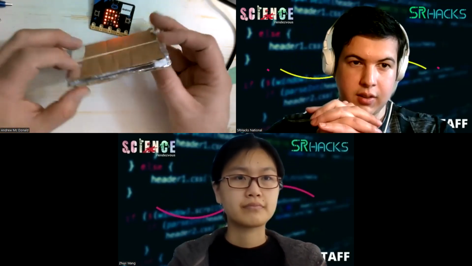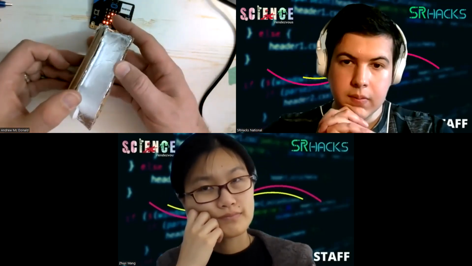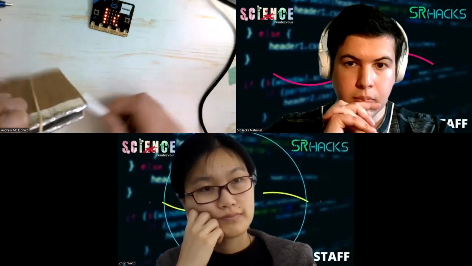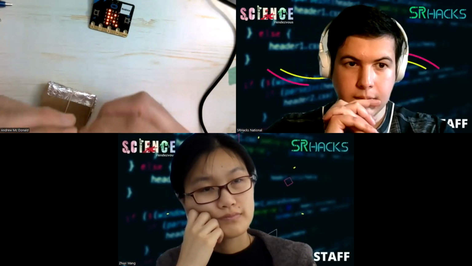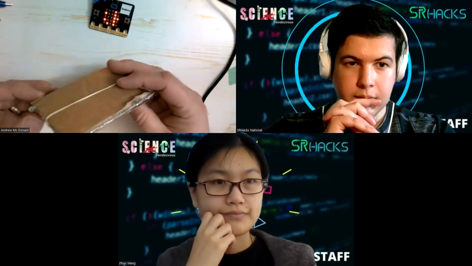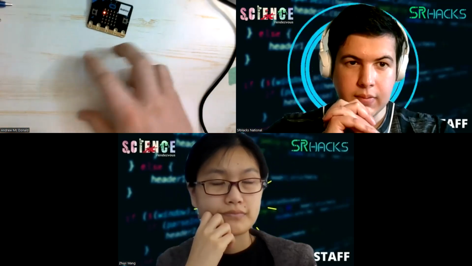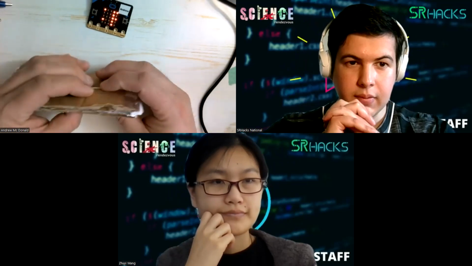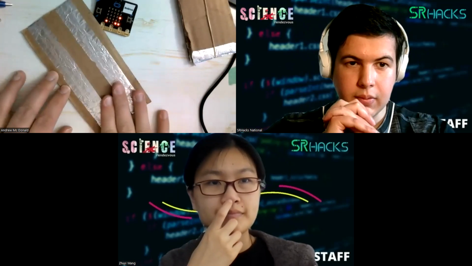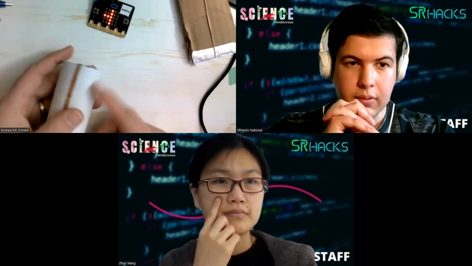This, for example, is a button that I made just using aluminum foil and cardboard and an elastic band and some foam type of thing. But you can have anything in here. And so the idea is, when a connection is made, or when this conducts electricity across here,